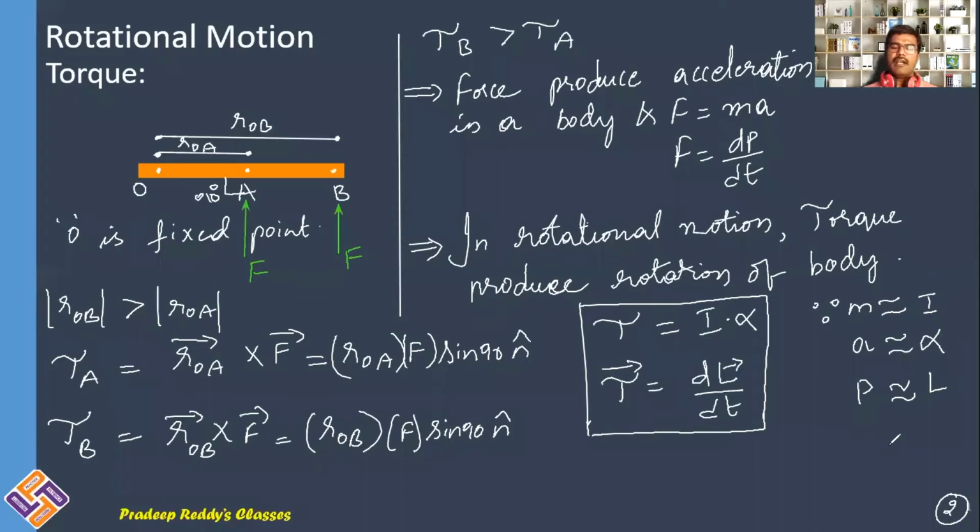Right? So just like how a body which is in translational motion, how force brings acceleration and change in momentum of a linearly moving body, in the same way, the torque will produce acceleration, that too rotational acceleration. The torque will rotate a body about a particular axis. Therefore, torque is analogous to force in translatory motion. And remember that torque is a vector quantity. Unit of torque is Newton meter.